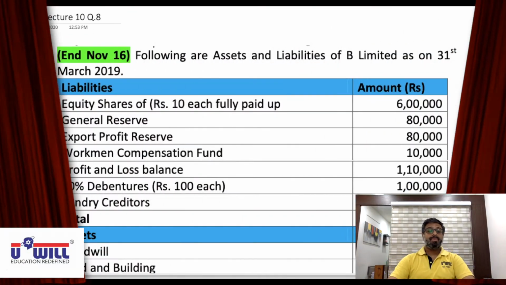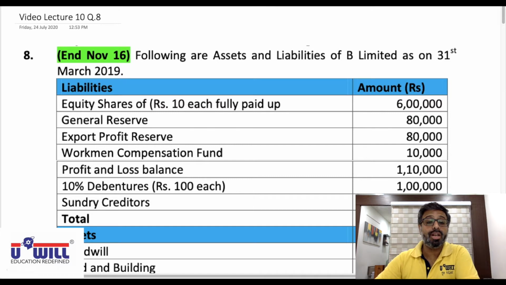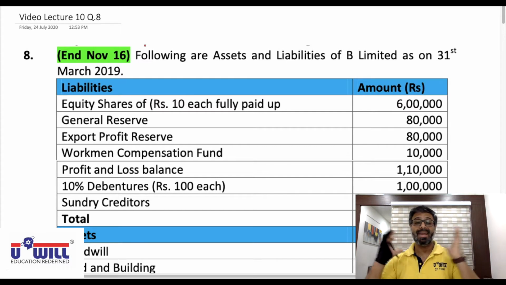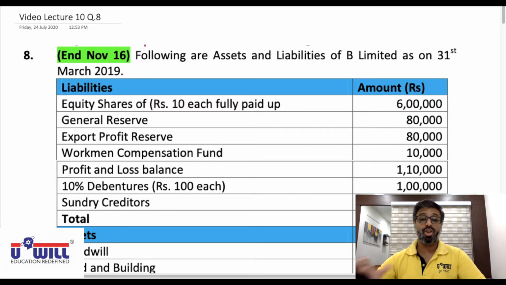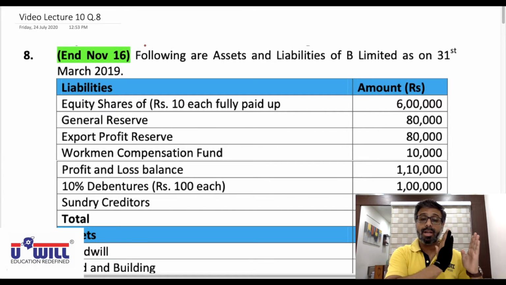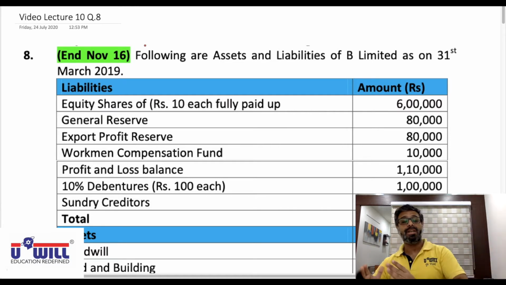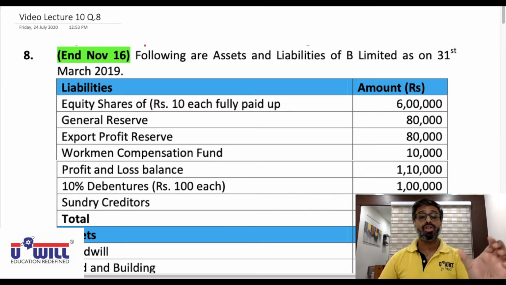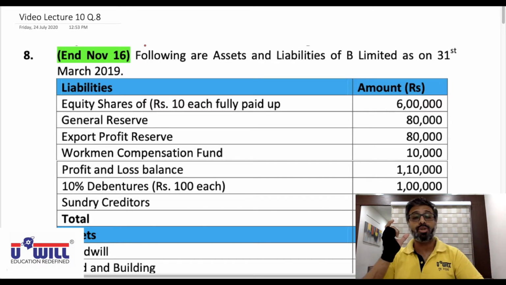Hello students. So today we are taking up question number 8 of your study material. Now the things are going in a mixed manner. You'll find that from this question onwards, some part of accounting is asked in the books of the transferor company and some part of accounting is asked in the books of the transferee company also. In the past 6 to 7 questions, we had accounting in the books of either the transferor company or the transferee. Now this is a mixed one, where some portion of the transferor's accounting is asked and some portion of